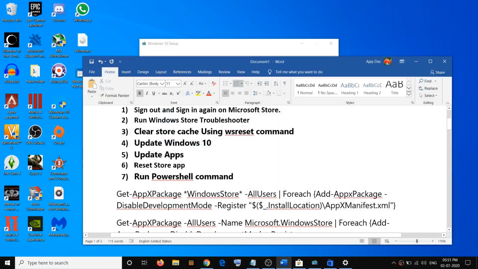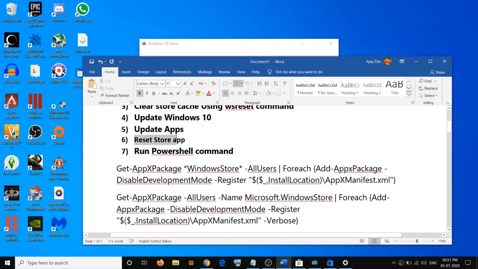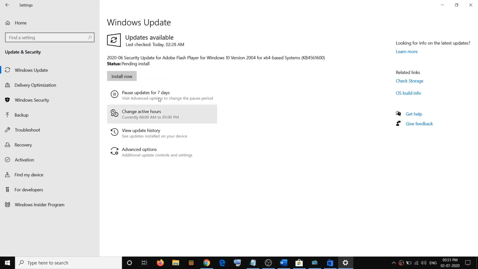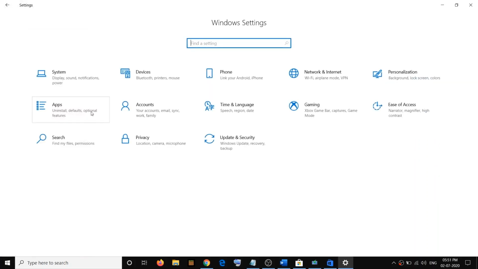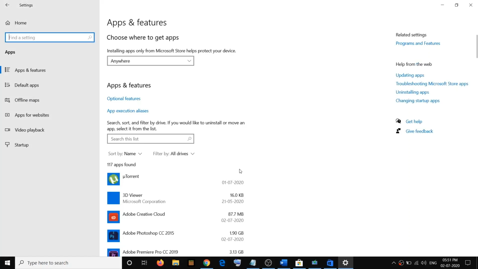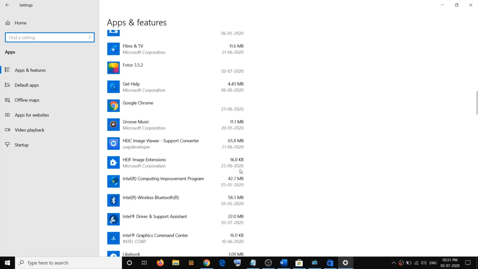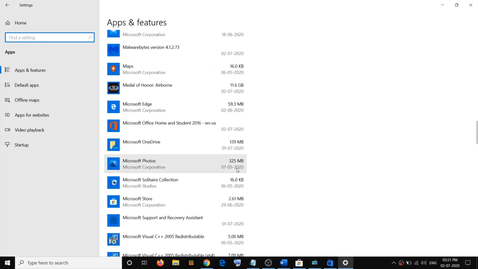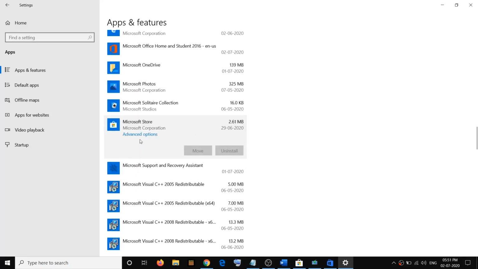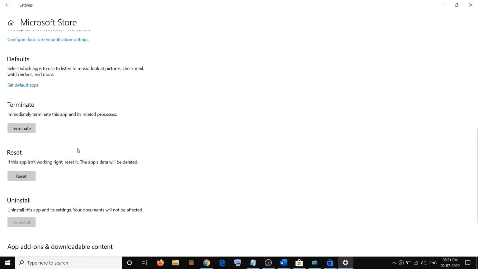Now if you are still facing the problem, then reset Store app. To reset Store app, go to the start menu, then click on settings, then click on apps, and then you have to find Microsoft Store in the list. Scroll down and find Microsoft Store, click on it, then click on advanced options, scroll down and here you will see the reset option.